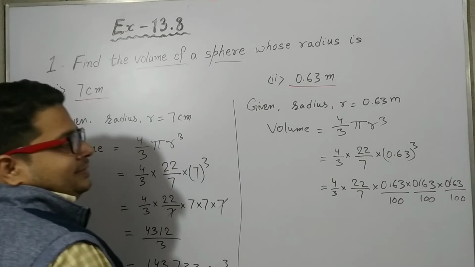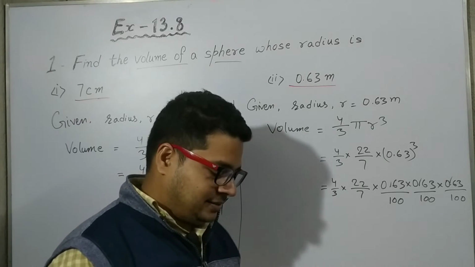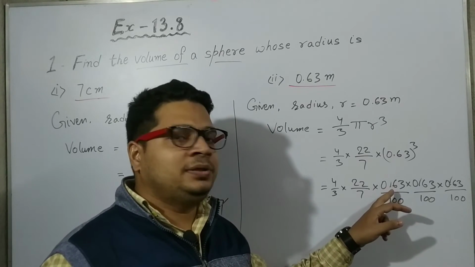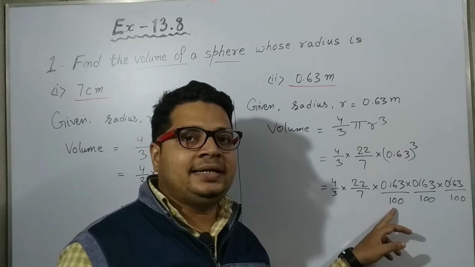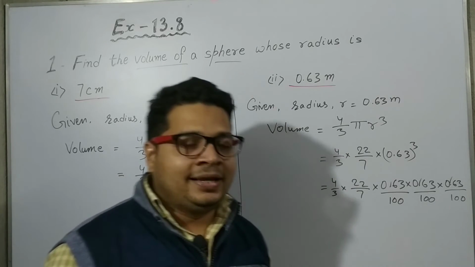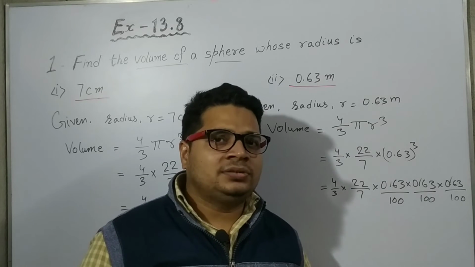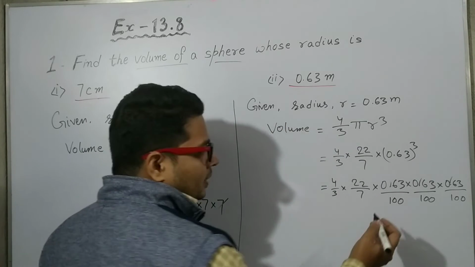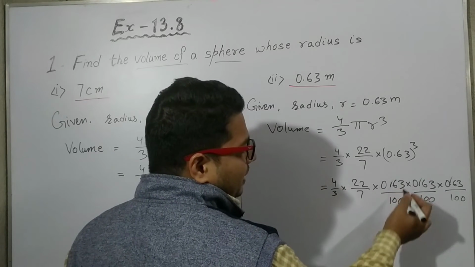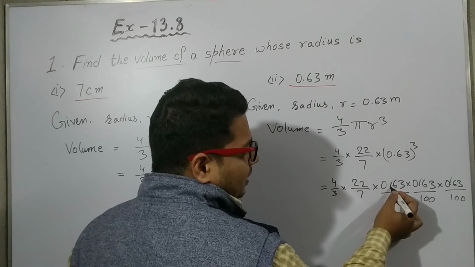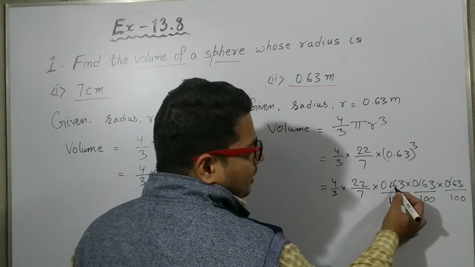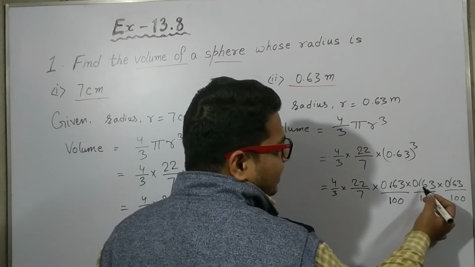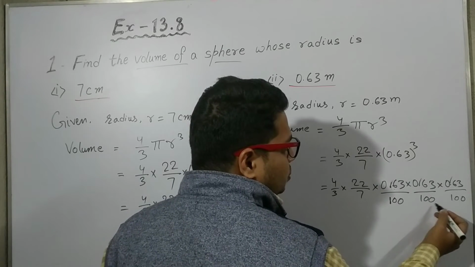And at this point let me clear one thing about which so many students are confused. They say if the decimal is to be removed, then after removing decimals there is 10 in the denominator. No, there is not always 10. There may be 10, 100, 1000, 10,000 or any powers of 10. Then if you remove the decimal point from 0.63, then 1 is there, and after the decimal how many digits are there? 2 digits, so 2 zeros. Here also 2 digits are there after the decimal point, so you need to take 2 zeros, and here similarly